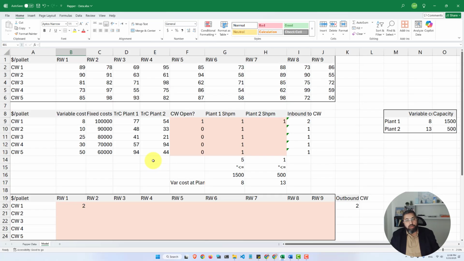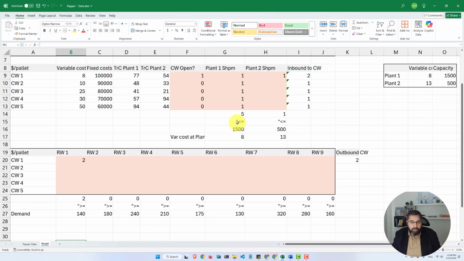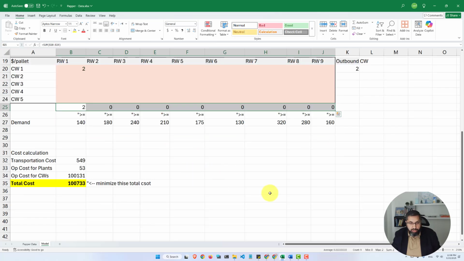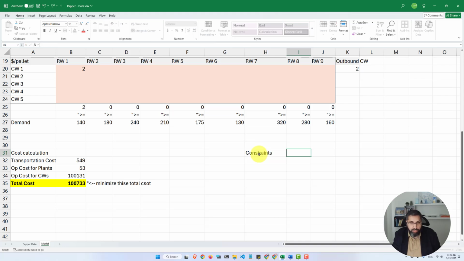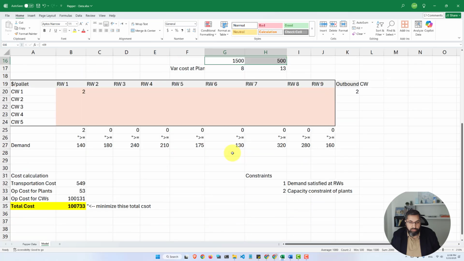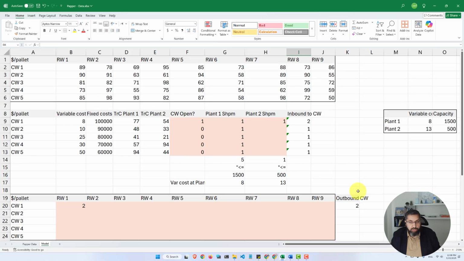Okay, now we want to set up our constraints. So we have these constraints we have to satisfy. Demand, that's one. So let's list our constraints, right? Our constraints: 1, demand satisfied at regional warehouses. 2, capacity constraint of plants. So the total amount shipped has to be less than or equal to the capacity of the plants. Okay, 3, we have to make sure that